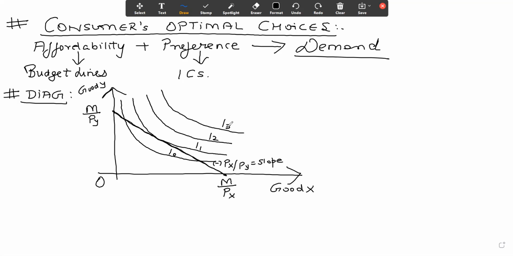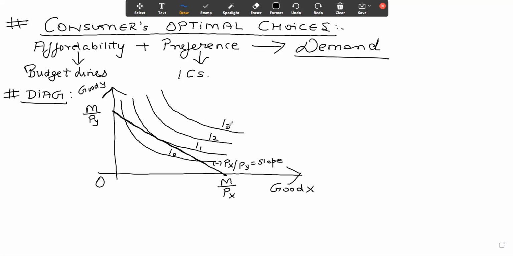Now we want to look at what the consumer will afford. What will the consumer demand? Now, affordability of the consumer is given by the budget line. Preference of the consumer is given by the indifference curve. Now, we want to see what the consumer will actually buy. What will be his optimal choice? So, I ask you,